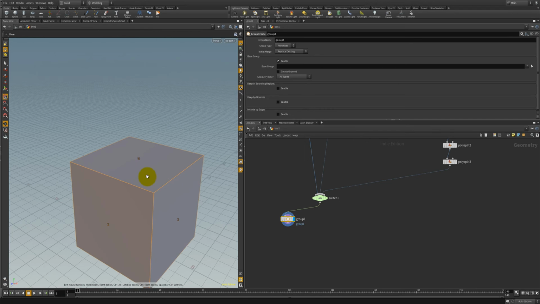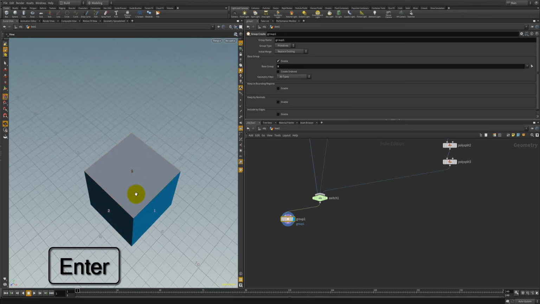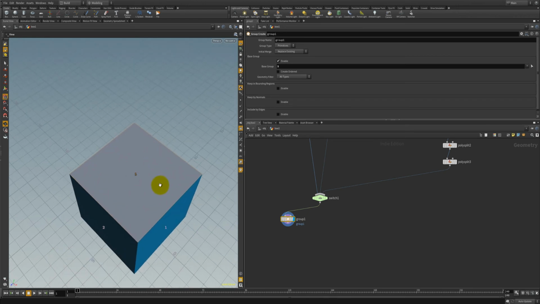It's probably easier for you guys to see. So I can hit 5, and it will select primitive 5 from my group. I'm going to go ahead and change my group name to top bases. Something to be aware of is groups do not like spaces, so in the case where you want to have multiple words,